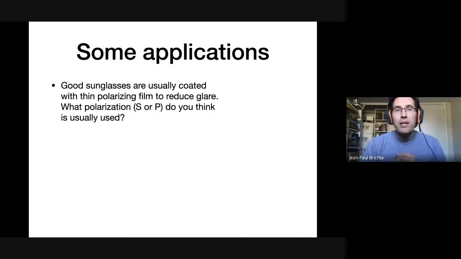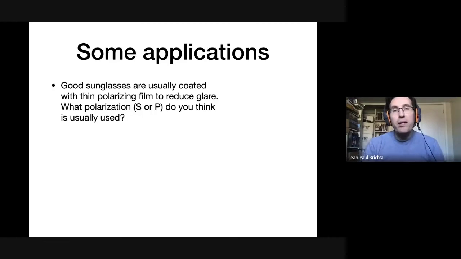Would you want light that was S polarized to get through to your eyes, right? So light that had bounced off of something on the ground. Would you want that to reach your eyes, or would you want light that was P polarized to reach your eyes? You'd want the light that was S polarized, because this is the light that's going to be bouncing off,